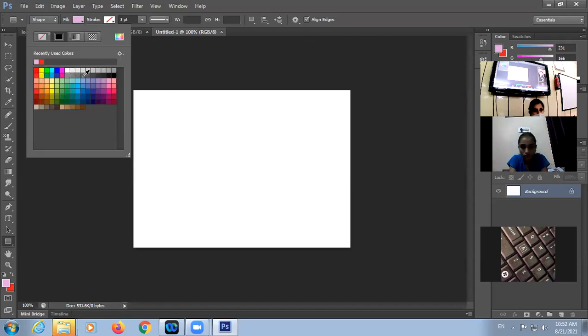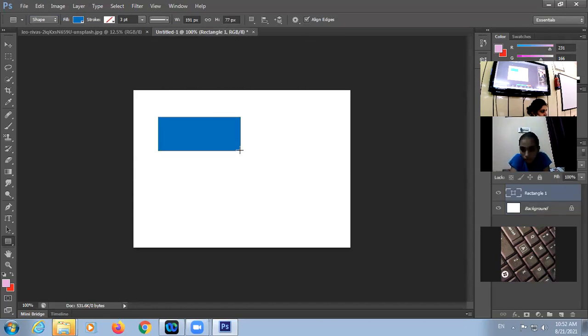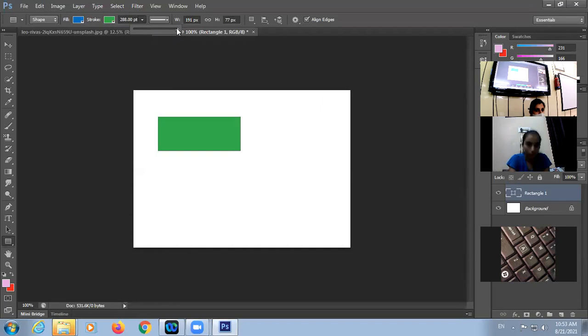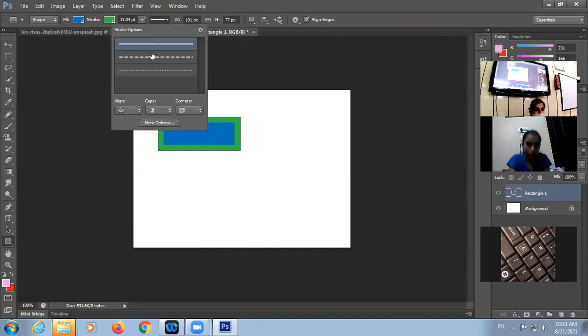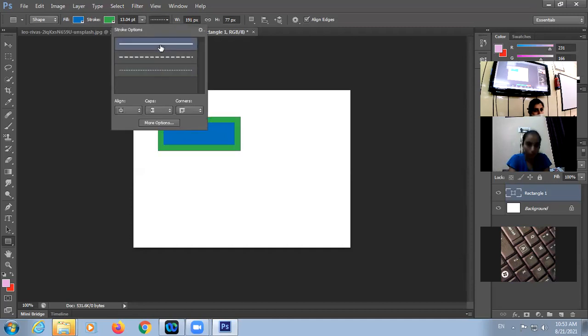So from here, I'm going to change the color, like this is a rectangle tool. Simply you have to drag it and the rectangle will be formed, right? So this is a fill color. Now when you have to use the stroke, this is the stroke you can take, right? यहाँ आपने उसकी width set करनी है. Stroke means the outline. You can set the amount of thickness from here. You can also change the line style. That depends upon you whether you want to make it a solid line or dash.